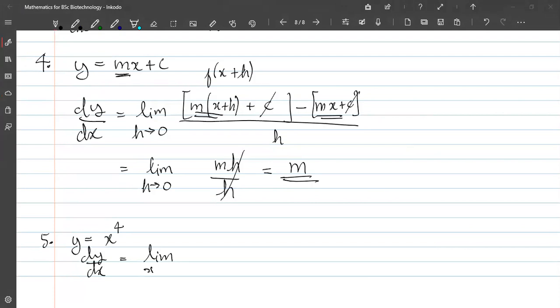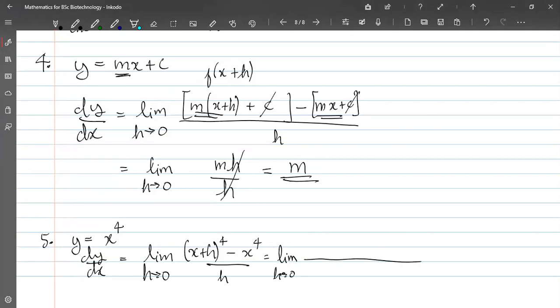So here again, limit as h approaches 0, x plus h to the power 4 minus x power 4, by h. So x plus h power 4 will be, okay, actually I'll cancel the x power 4. You can see that in x plus h power 4, the first term is x power 4 itself, and that is going to be cancelled out. So I'll just write the remaining terms, which is,